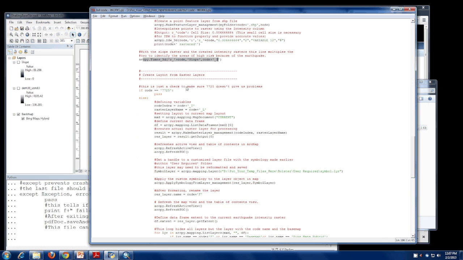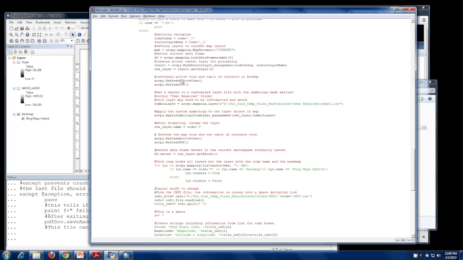Right here again, 7725, it's a bad number. We skim right over it. And we're taking our code, we make some new inputs, and we make a new mapping document current and set that as MXD. We need to create an actual raster layer for processing, so that's what happens in these two lines of code. As the next step, we just refresh our table of contents interactive view, and then we upload